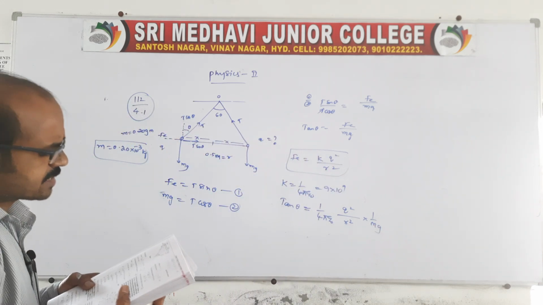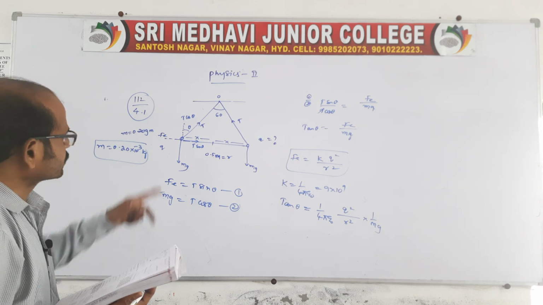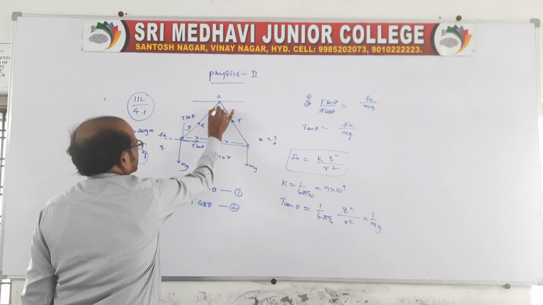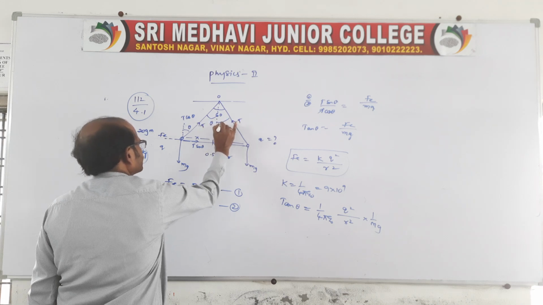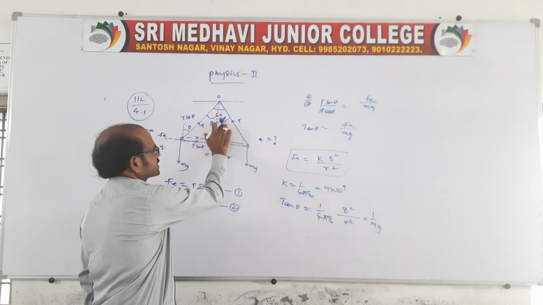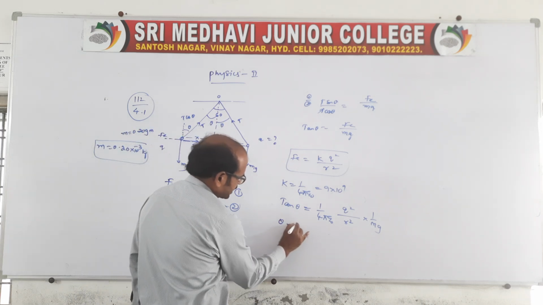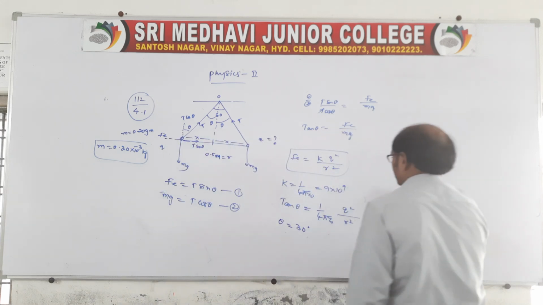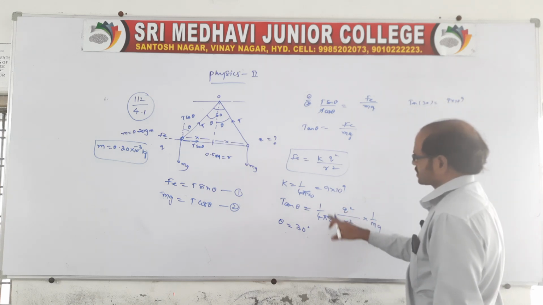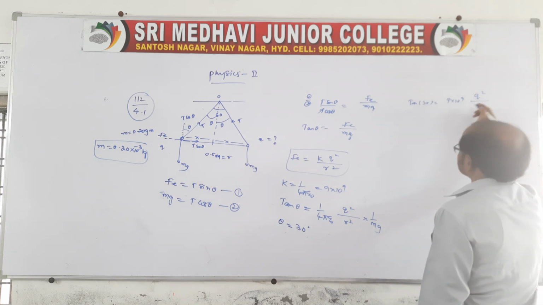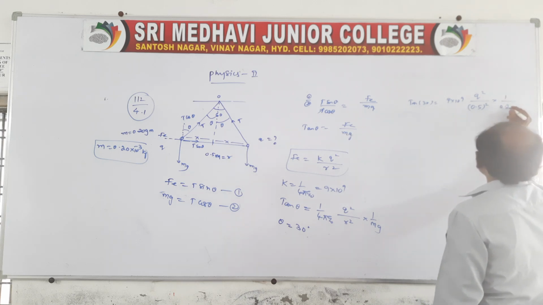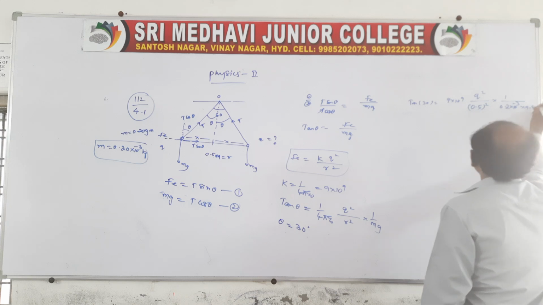Now we are asked for the charge. Directly write the value of theta; take it as half. The total angle is 60 degrees, so theta is 30 degrees. Now write the values to get q: tan 30 equals 9 into 10 power 9, times q square, by the distance between the two balls 0.5 whole square, into mass 0.2 into 10 power minus 3 kg, with g as 9.8.